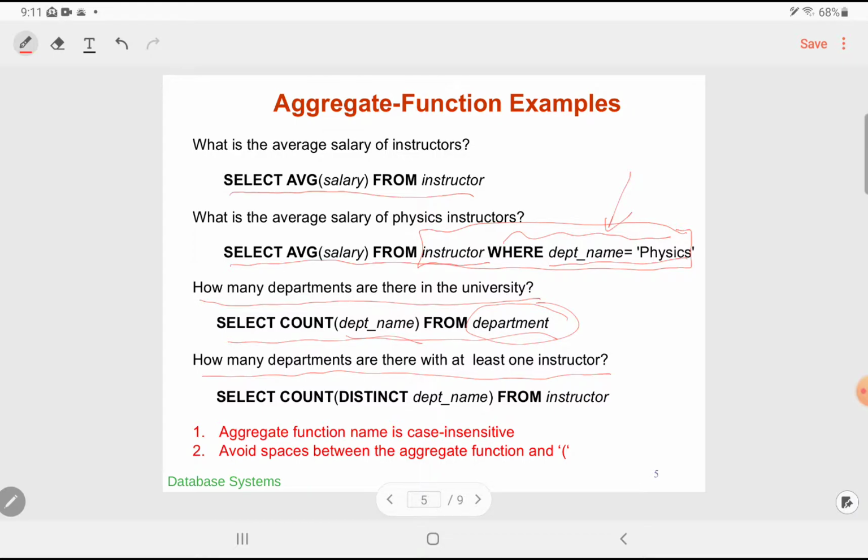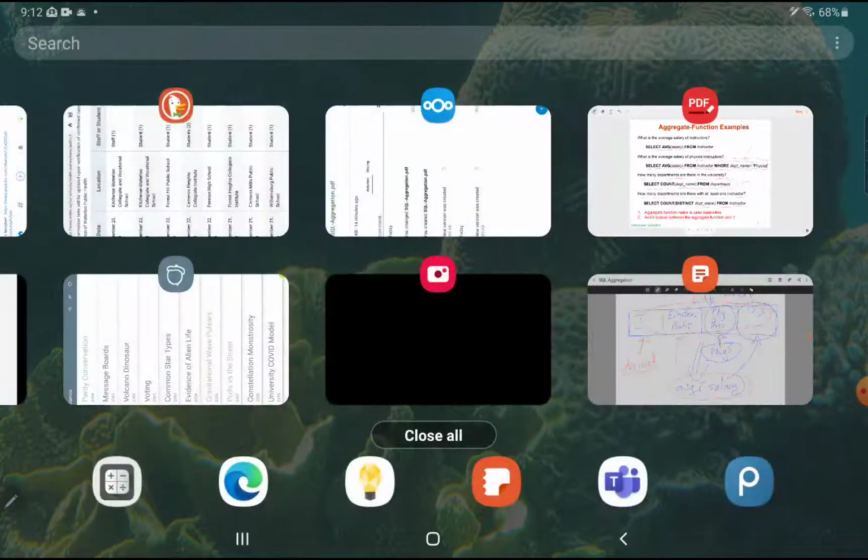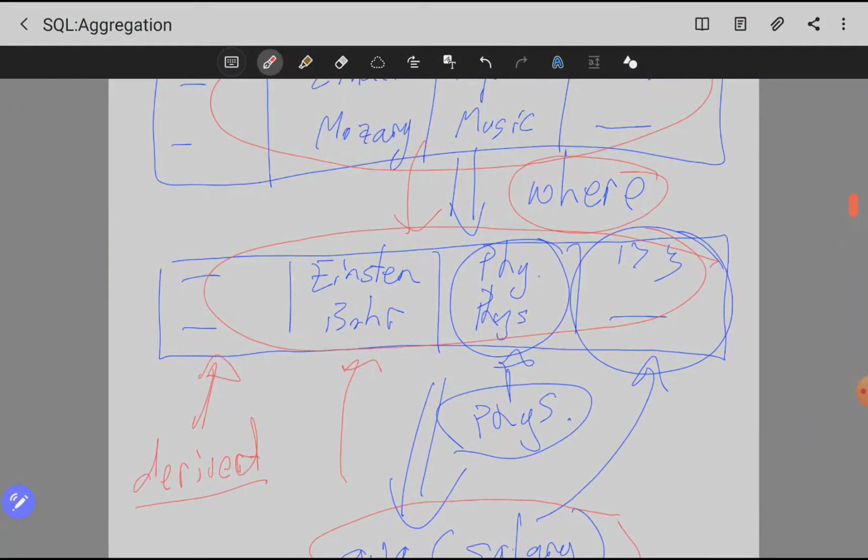And it's slightly more difficult because this is the total number of departments, but if there's a department in there with no instructors, maybe you've got a department of anthropology, and the last instructor just resigned, so there's nobody in anthropology at the moment. Well, we could select the department name from the instructor relation, but the problem is, as we see here, there's